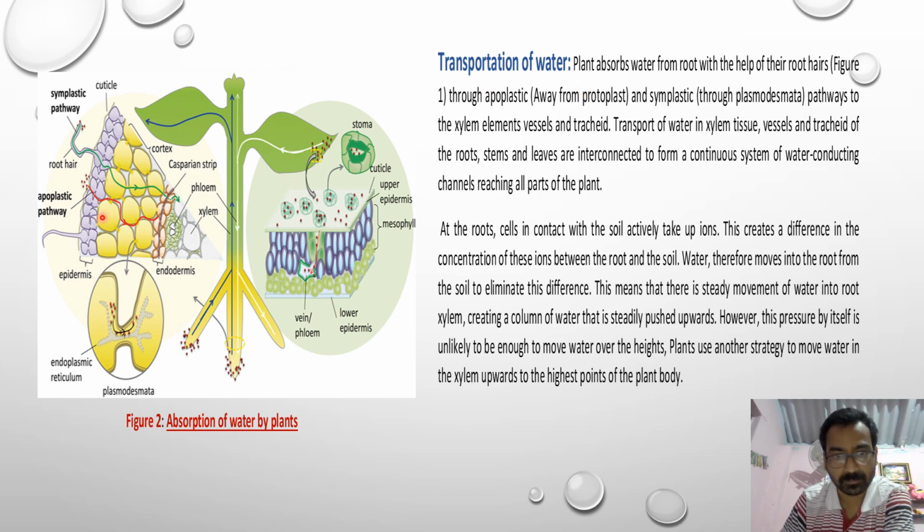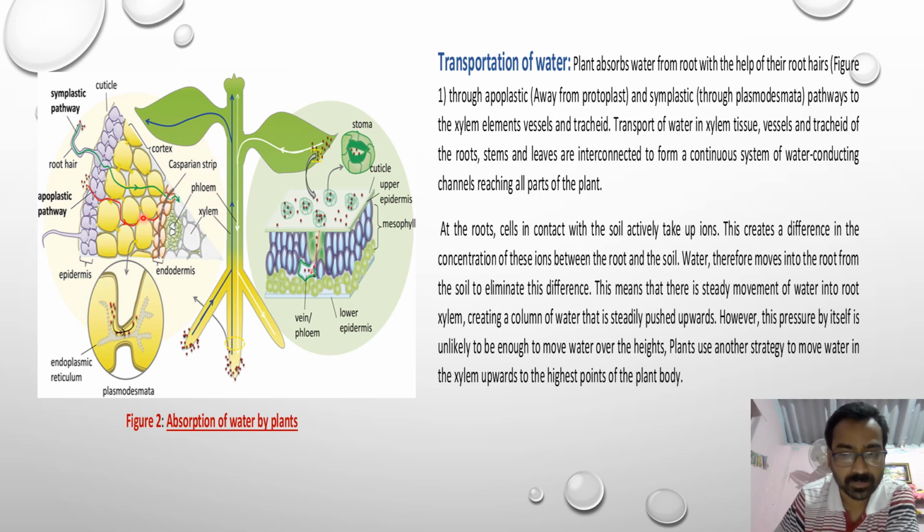Let us see the diagram here. This is the root part of the plant given in the sectional view. This is the anatomical feature of the leaf part of the plant, and this is the schematic diagram of a tree. This is the root part, this is the stem part, these are the branches represented by the leaves, and this is the apical bud. Here is the line of flow of water and minerals.